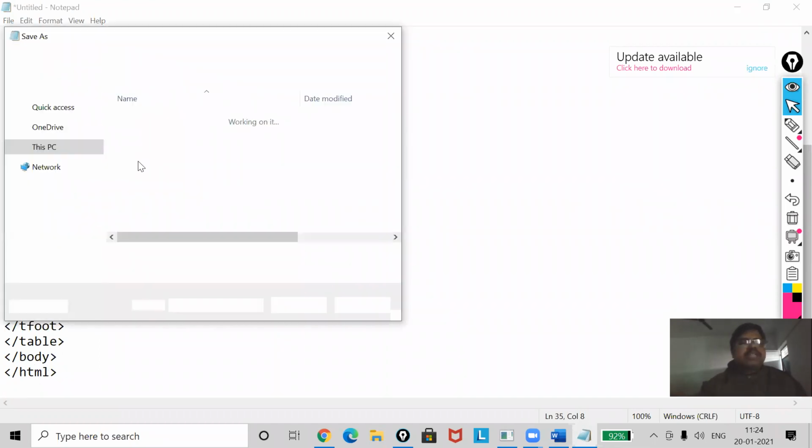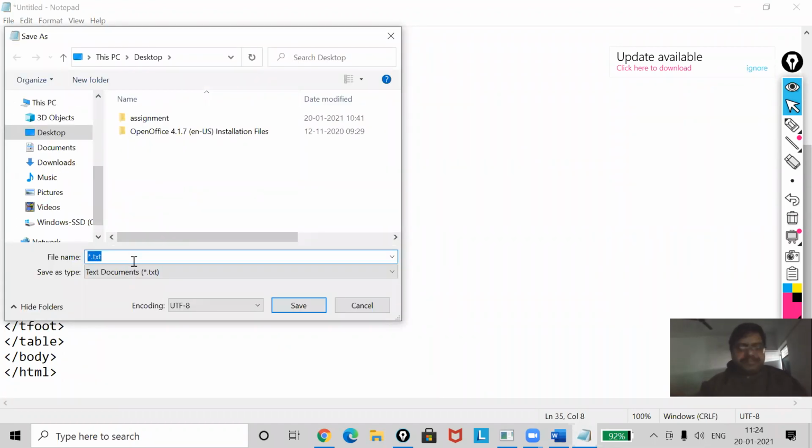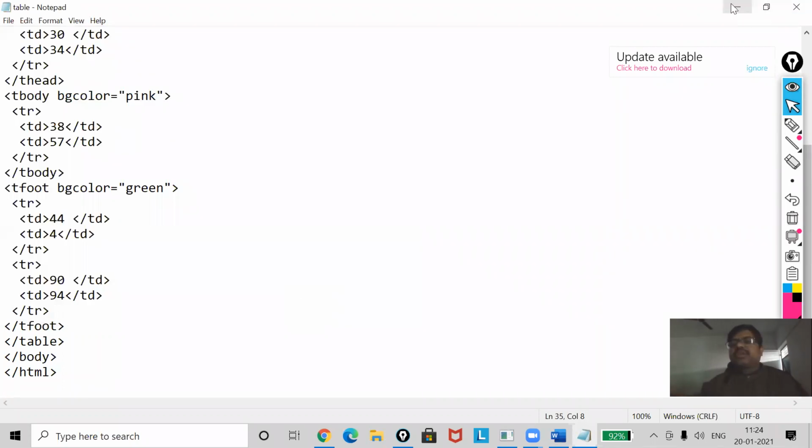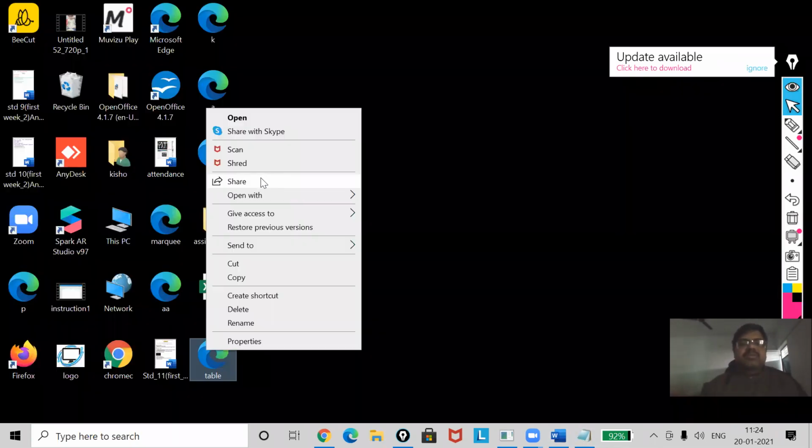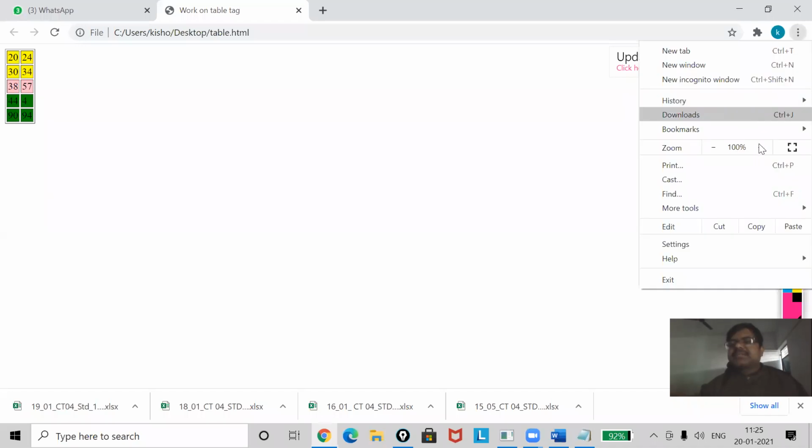I'm going to save it on the desktop. Name table.html. Now I'm going to run it. This is my table. Now I'm going to open with the Google Chrome. Now let me increase the size.